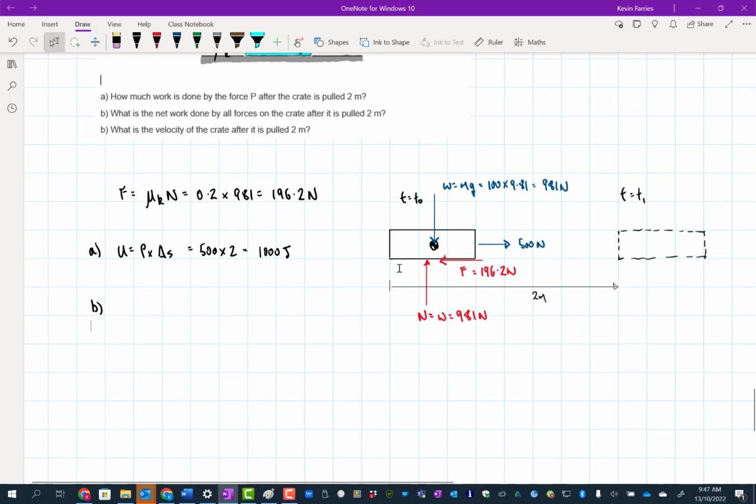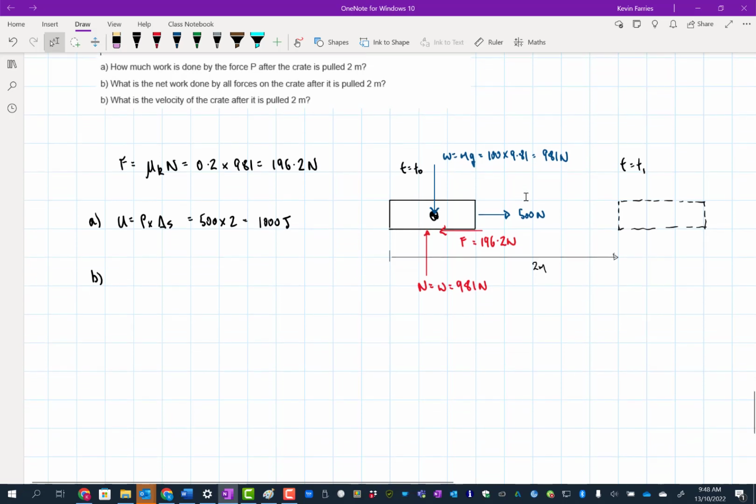So there's no work done by the normal force either. But there will be work done by friction, because it's moving in the horizontal direction, and friction's in the horizontal direction, and they're opposite. So it's going to be negative work done by the friction. So what we could say is the net work done, which we can write as the sum of U, is